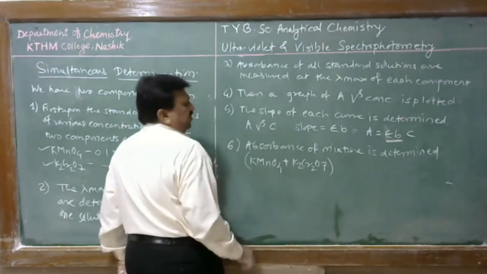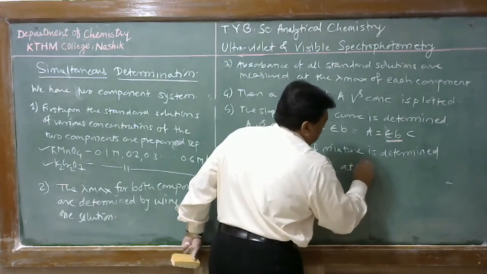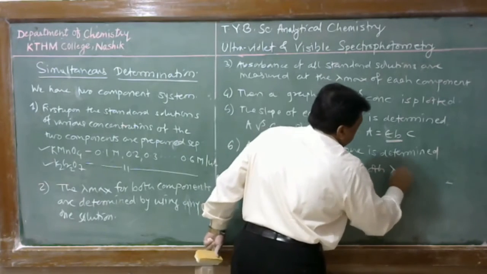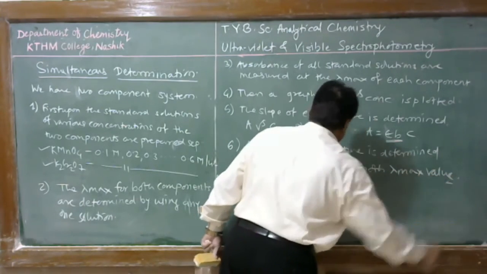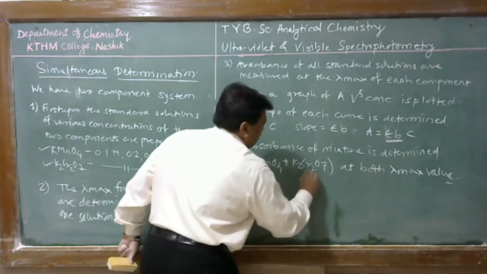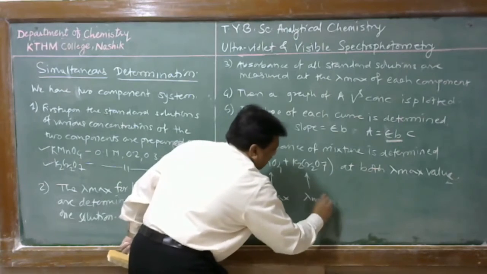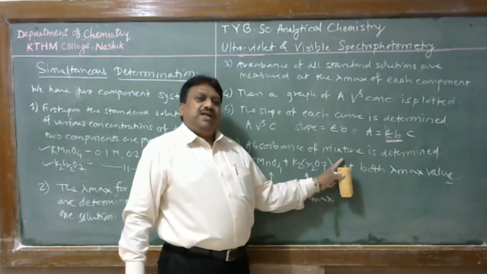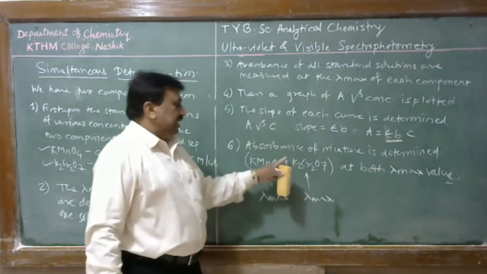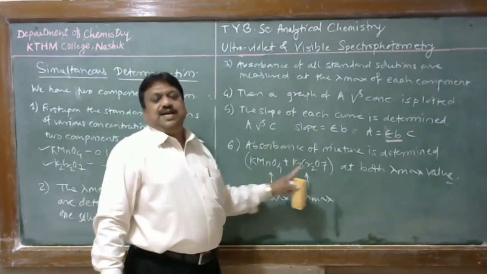Absorbance of the mixture is determined at both lambda max values. That means at the lambda max of this and the lambda max of this, we have to determine the absorbance of the mixture. Then by means of simultaneous equations, we can determine the concentration of the first component and the second component